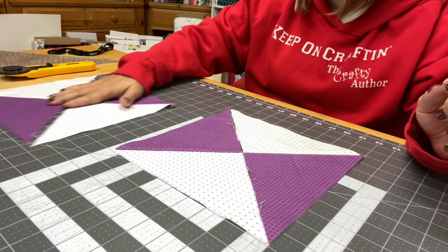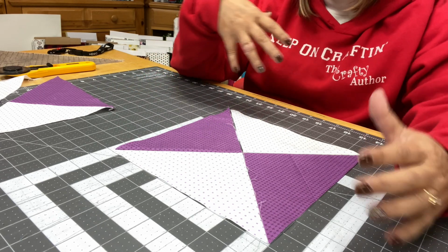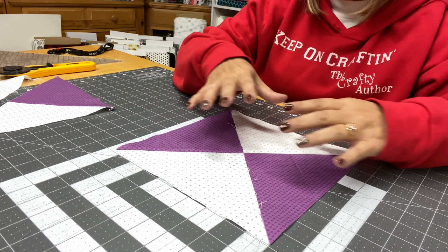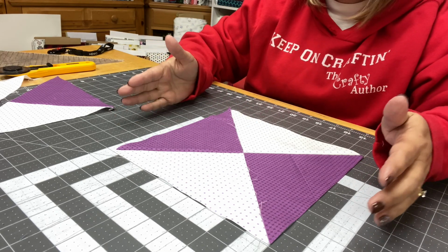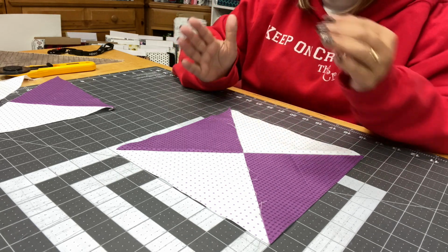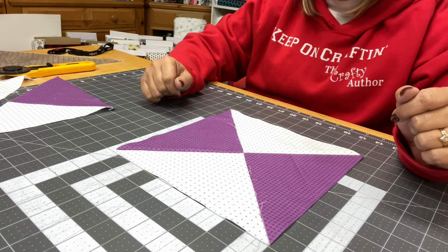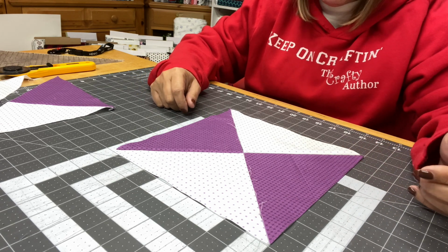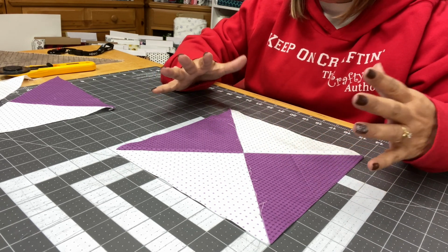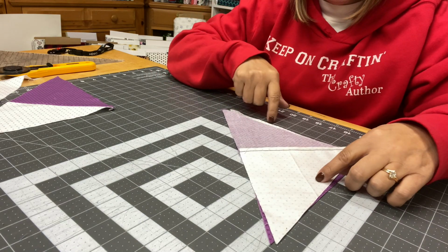So I'm not going to worry about this other one that I have over here. We're only going to use one of these. And again, I will be showing you how we modify this at the end, okay? How we're going to make this into a 12-inch block, because I know that some of our blocks are large, some of our blocks are small. I've tried to keep the consistency with a 12-inch block, but that doesn't always happen. And I want to teach you how to modify a quilt block in case you need to. Because just because this block is smaller doesn't mean that we can't add to it and make it work in our quilt, okay? So all I'm going to do is take these two pieces here